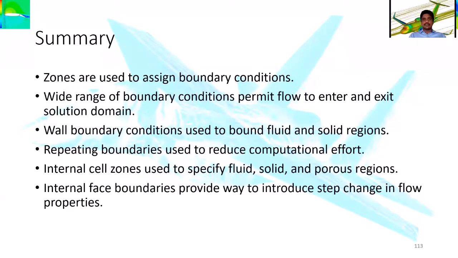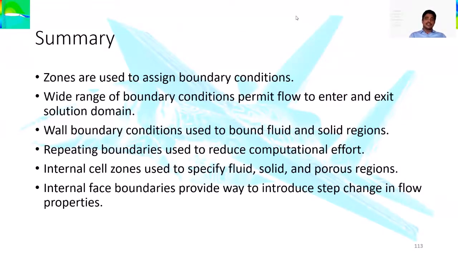Right. In order to summarize what we have discussed: that summarizes the zones with the boundary conditions, entry, exit, wall conditions, and repeated or periodic boundaries when they need to be adopted. That is what we have seen in this one. If you are not properly defining all this, the fluid flow physics changes completely, along with the fluid flow properties.